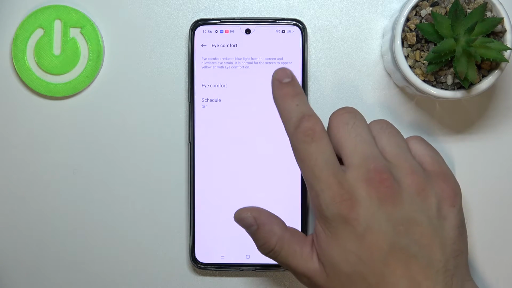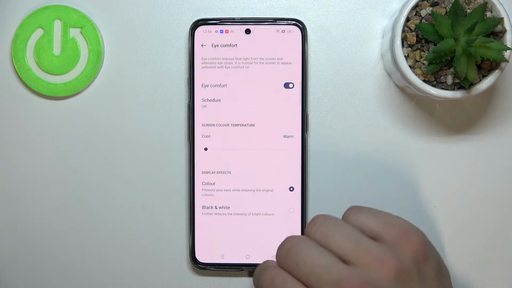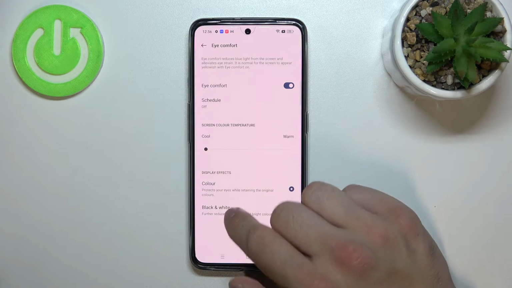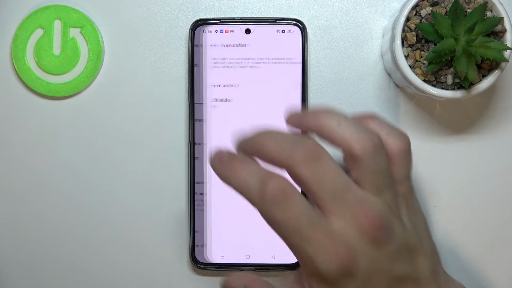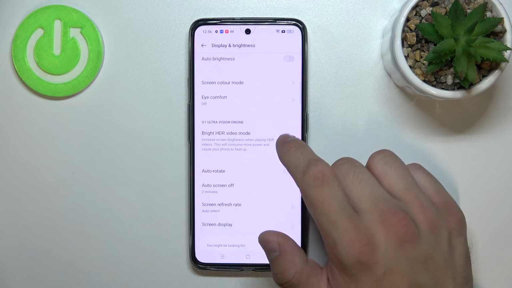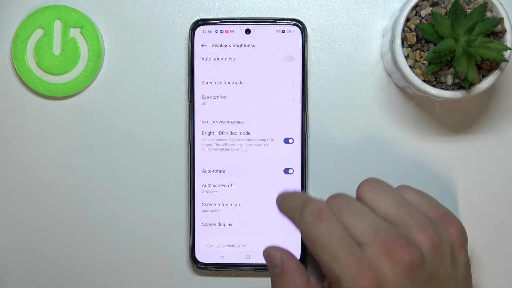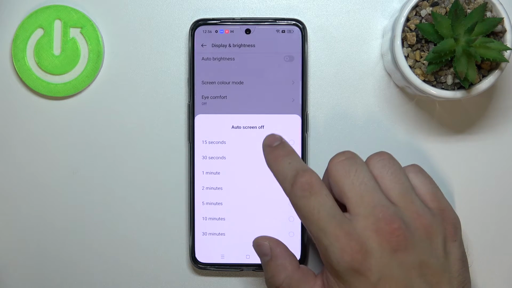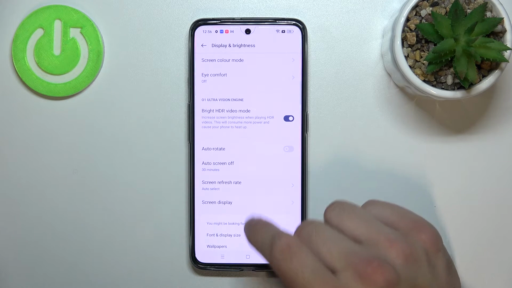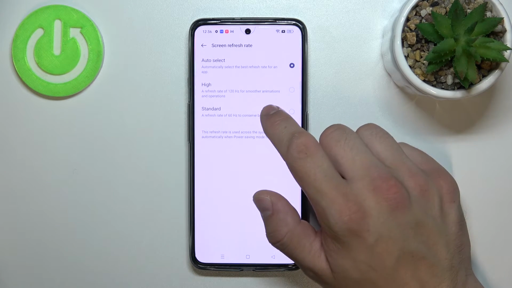Then you can enable or disable eye comfort mode, schedule it, change its intensity, and change display effects between color and black and white. Then you can enable or disable bright HDR video mode, auto rotate screen, change auto screen off between 15 seconds and 30 minutes, change screen refresh rate between auto select, high or standard,